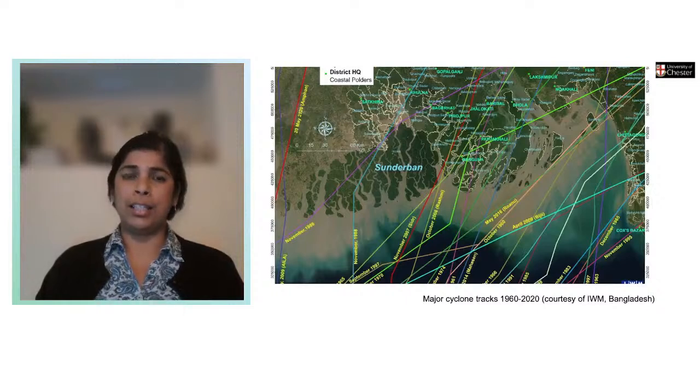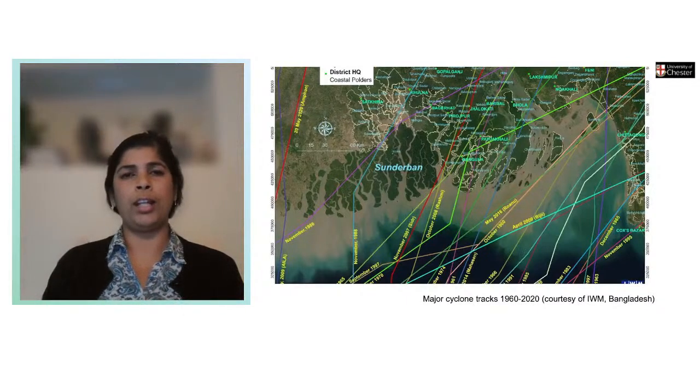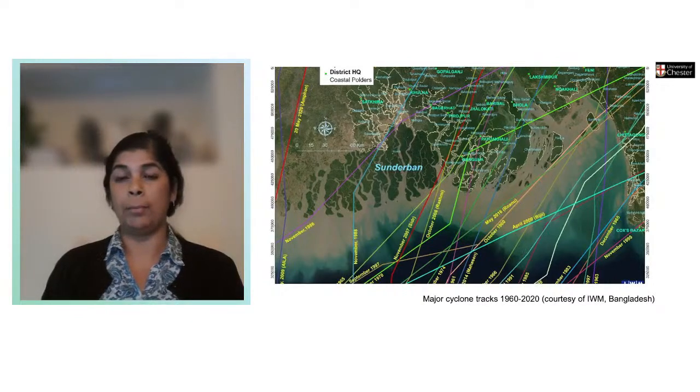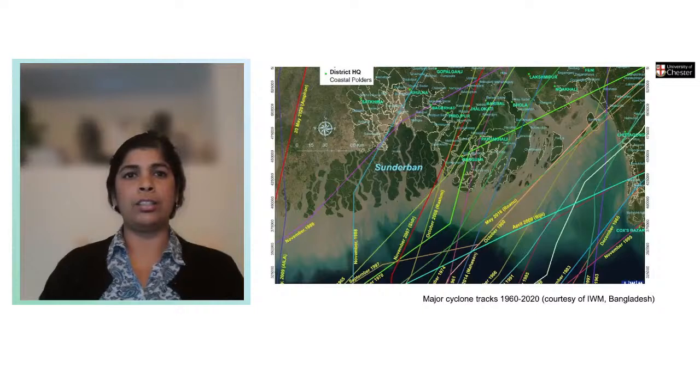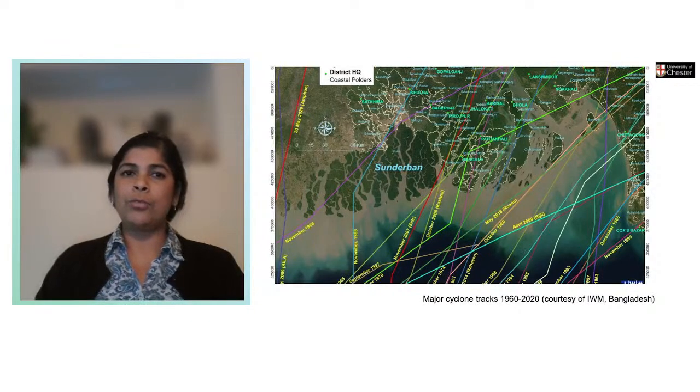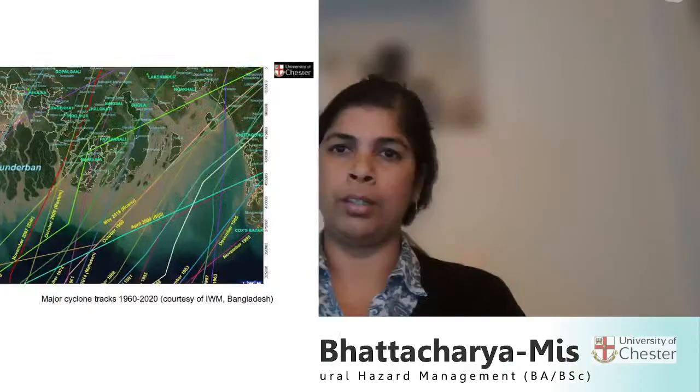And given that COVID-19 was in the background when this cyclone came, when we started doing our research, we were able to understand a bit more about how the coastal population prepared themselves in advance. Now, it was not only about how the coastal population prepared themselves before the cyclone came. To understand how the population can cope with a dual disaster like this, it's also important to understand what disaster preparedness entails.